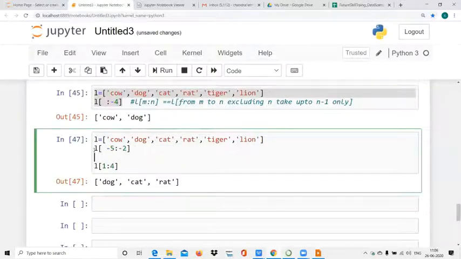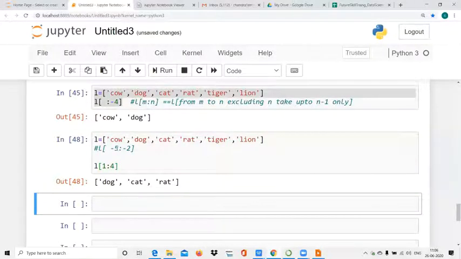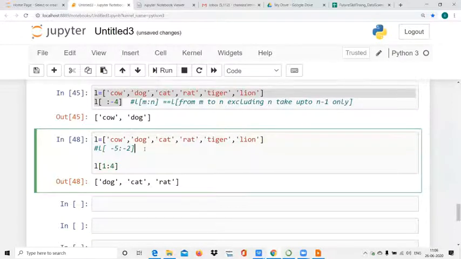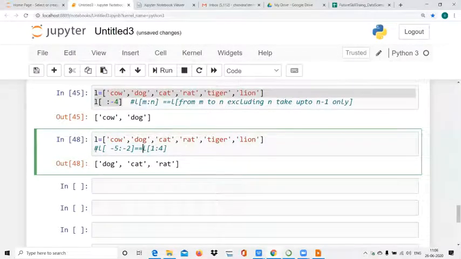So first I comment this. See the output, you see dog, cat, rat. Now I am commenting this and executing this. What is the output? Same. Means this and this will give the same. Is this equal? What will it print?